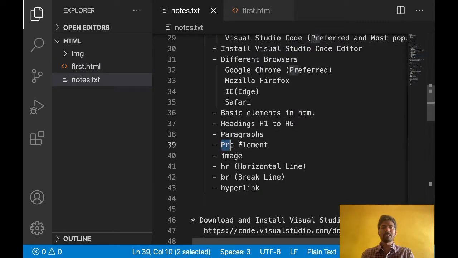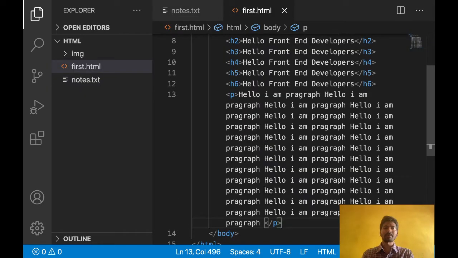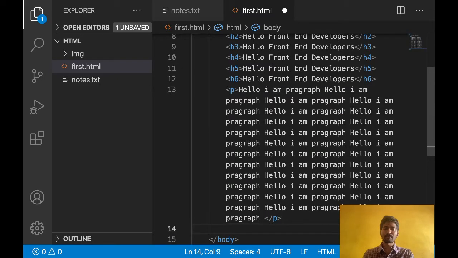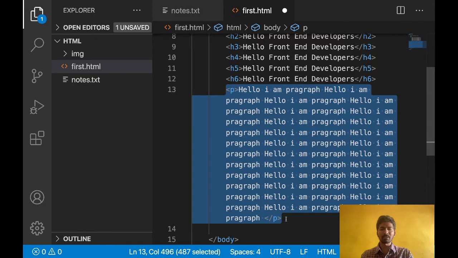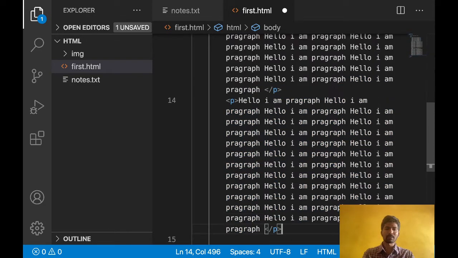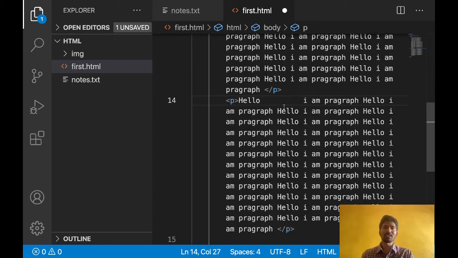Next, the pre element. Now where will we use the pre element? What is the use of the pre element? Let's say I write one more paragraph, using the same thing. After hello I want to give some space, so I'm giving some space here.